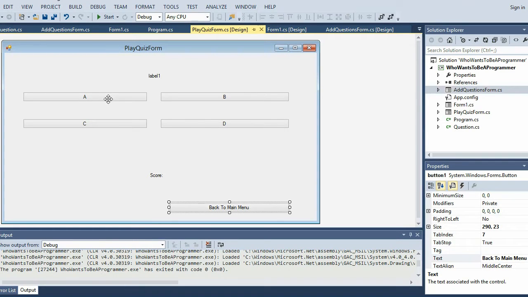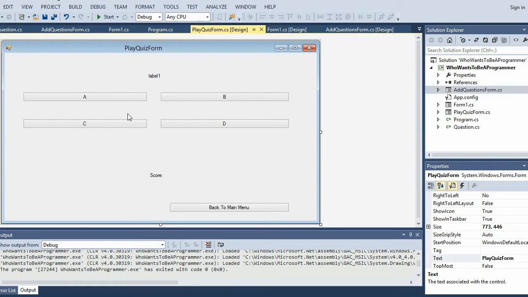Okay, so what happens if a user starts clicking these things? We're going to handle all the buttons. So if the user clicks on this, if he clicks on that, if he clicks on this and that, what happens? Okay, this is going to be exactly what we did. Well, not exactly, because the way we're storing our question is slightly different from the way we did it in the previous tutorial. So it's going to be very similar to how we did the Who Wants to Be a